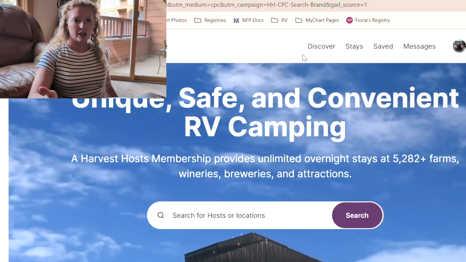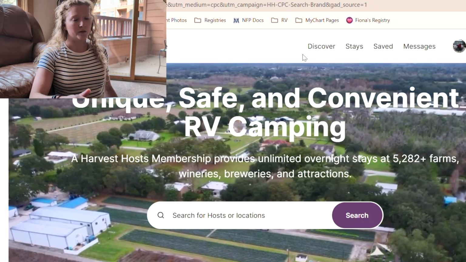We've been using Harvest Host for about a year, and it is honestly one of the most useful RV apps and also one of our absolute favorites. So excited to go ahead and show you around how to use it, how to book a stay, how to plan a route, all that jazz. So we're assuming you've already either logged into Harvest Host or just about to and are trying to figure out